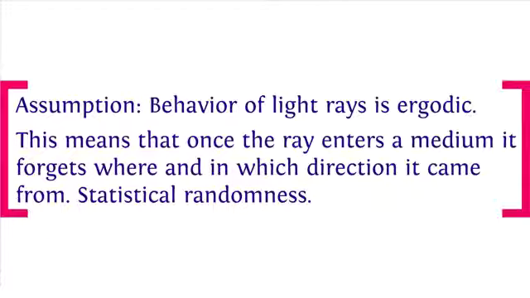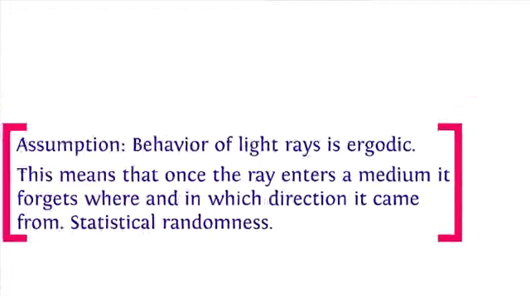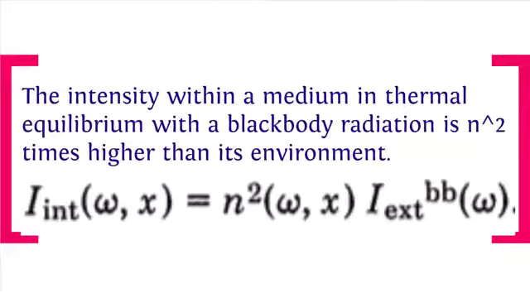Of course, the light ray is determined by angle and position. Right? We know this from geometric light. What the ergodic assumption means is that once it passes through some random texture, it will forget its history. It will forget where it came from, forgets its direction. Okay? So this creates what's called statistical randomness. And this is the assumption we're going to make. Now, we're going to spend a little bit of time understanding what this means. Actually, not next, before